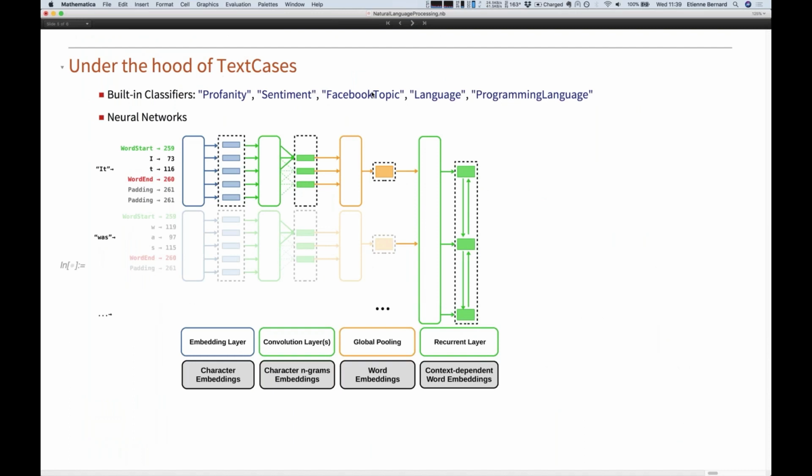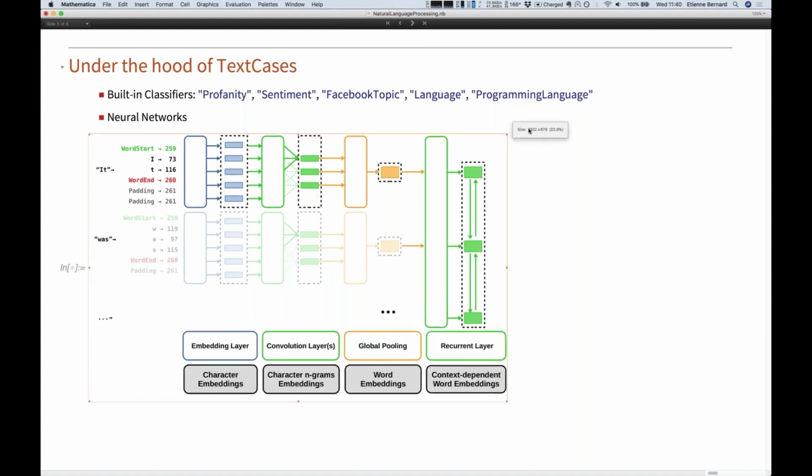For all the topic and language, it basically uses built-in classifiers we have in the language. But otherwise, we are now using, and this is new in 12, a big neural network to basically tag everything. So when you run text cases, it tags everything and tries to classify each word to figure out which type it could correspond to.